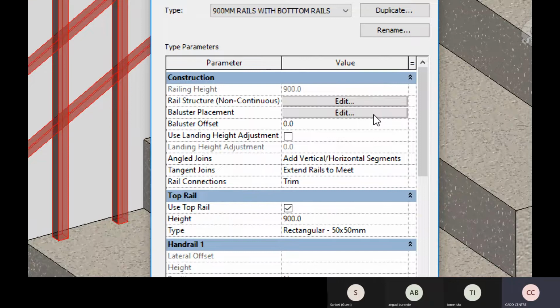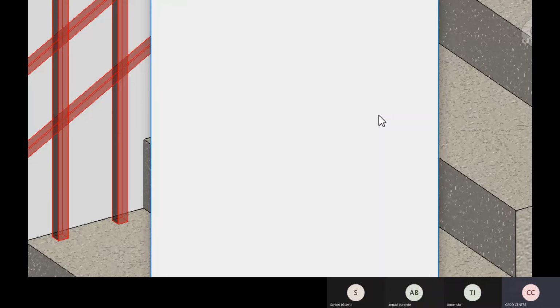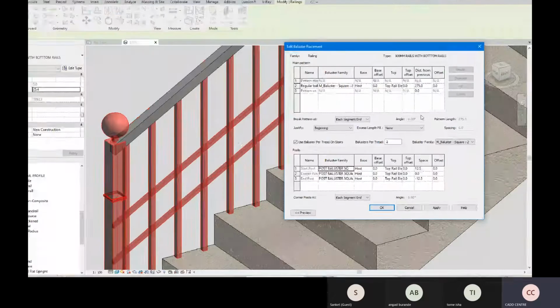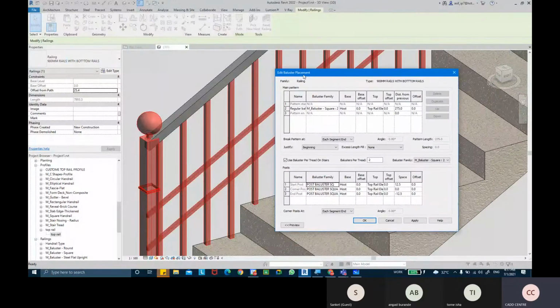So in the type parameters we're going to look into the baluster placement. When I click on Baluster Placement, you'll get this dialog box of Edit Baluster Placement.